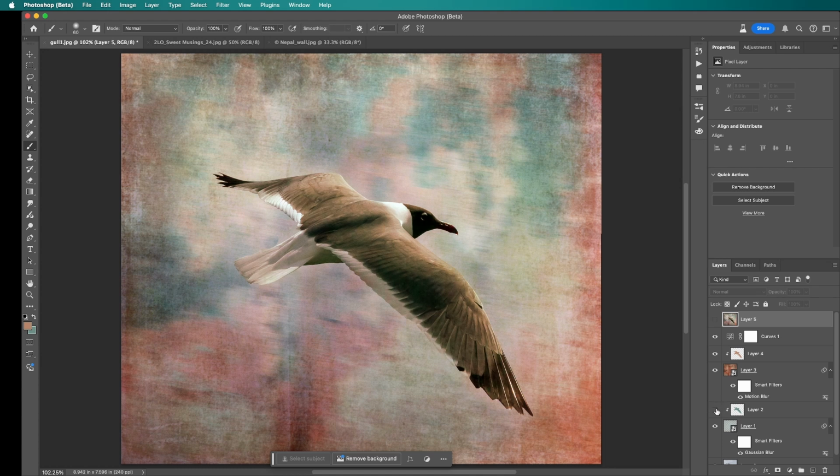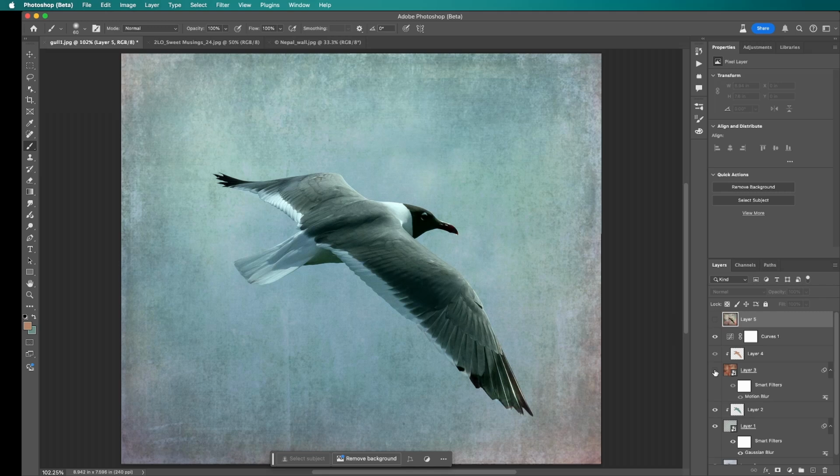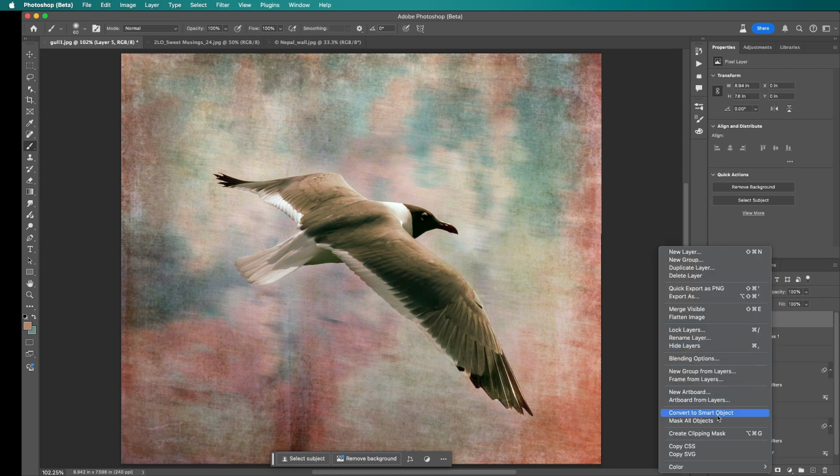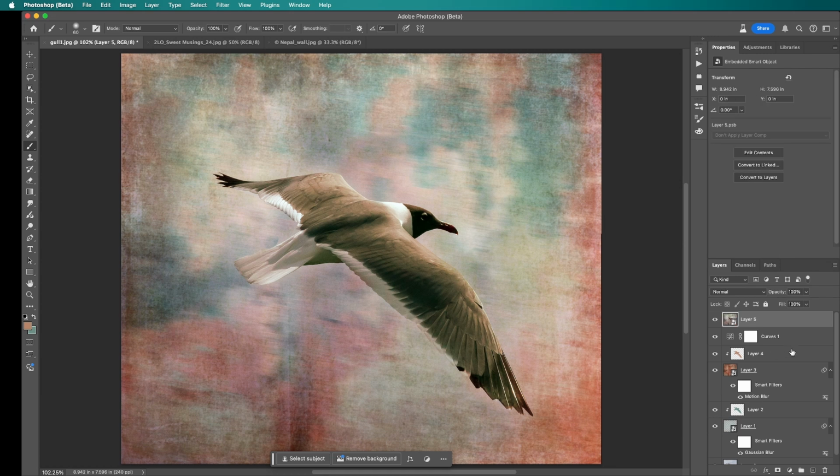You'll notice now, let's do one more. There we go. Now you can see with that top layer turned off, if I begin turning off layers, it actually works. But we're going to place that back on top. I want to be able to edit it just in case. I'm going to convert that top layer to a smart object, and we're going to go to Filter,